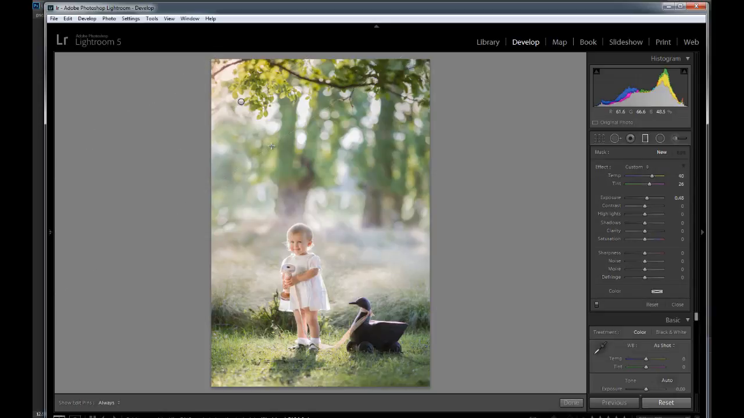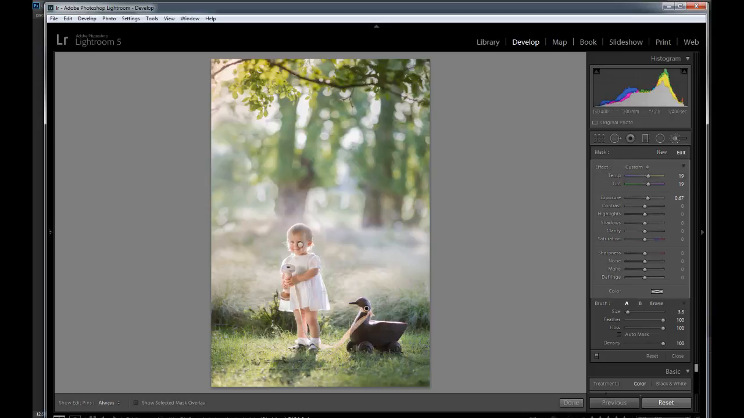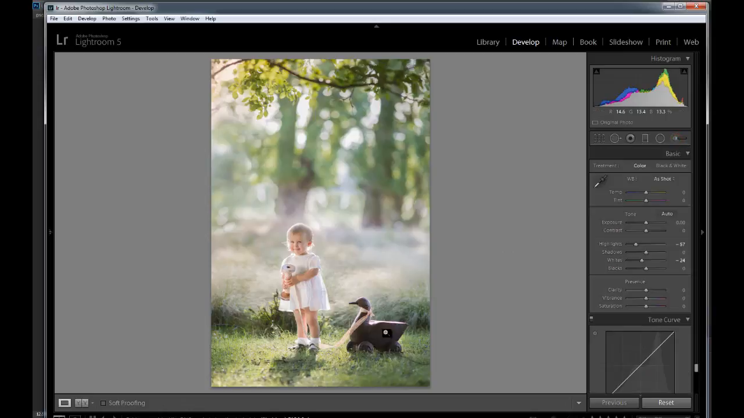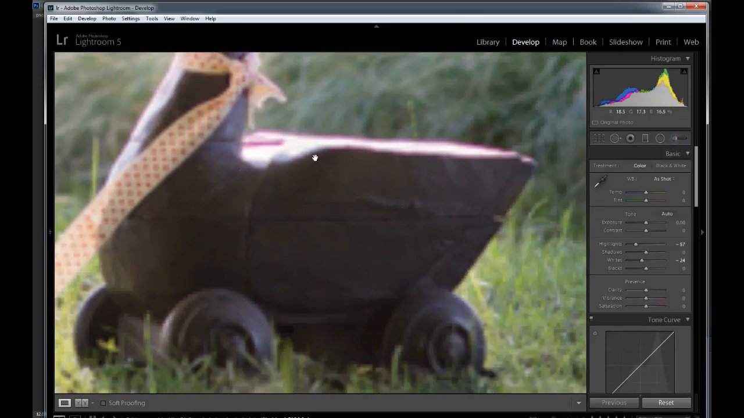So now it already looks like the sun's coming in, and I do want to grab an adjustment brush again, double click to bring everything back to standard, and I would like to lighten up this little duck here just a touch. Now if we zoom in on the duck, I do believe that we have